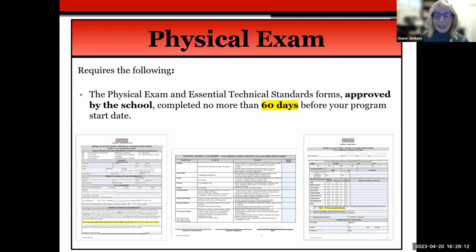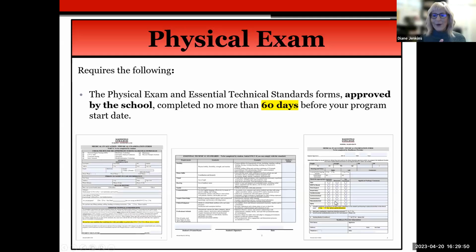There are 3 pages to this exam form, as you can see on this slide. The first page to the left, if you could point to it, Vanessa. Okay, that first page is page 1. That is to be completed by you as a student. The second page, which is in the middle, also will need to be completed by you as a student. And then the third page, thank you for the pointer. The third page is going to be completed by your doctor,